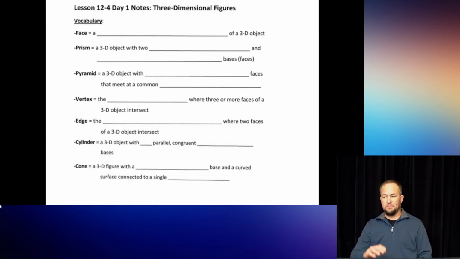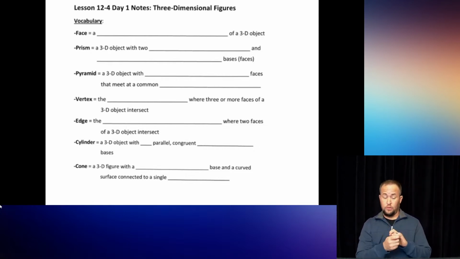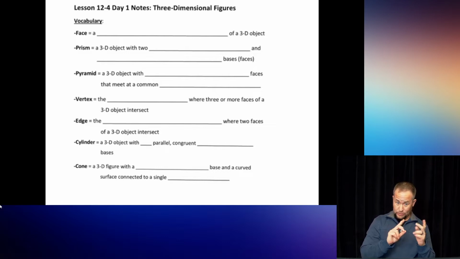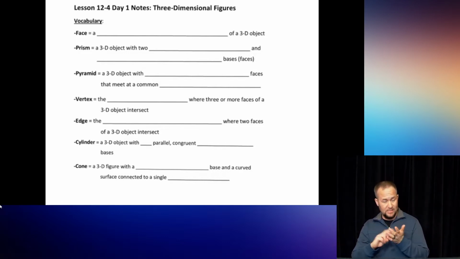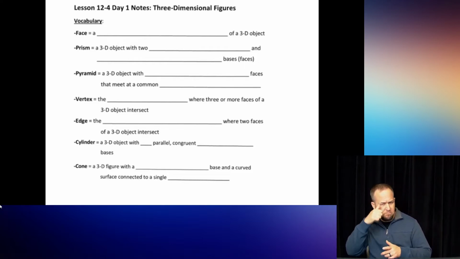Hello, pre-algebra. We are transitioning in our geometry unit from two-dimensional shapes to three-dimensional shapes. And these three-dimensional shapes have some special vocabulary that go with them. So here will be one page of notes where you can just write down all the definitions. If you are somebody who struggles with vocab, you might want to make a Quizlet or some flashcards over these to just constantly review them to make sure you know what they all are and you can speak of them